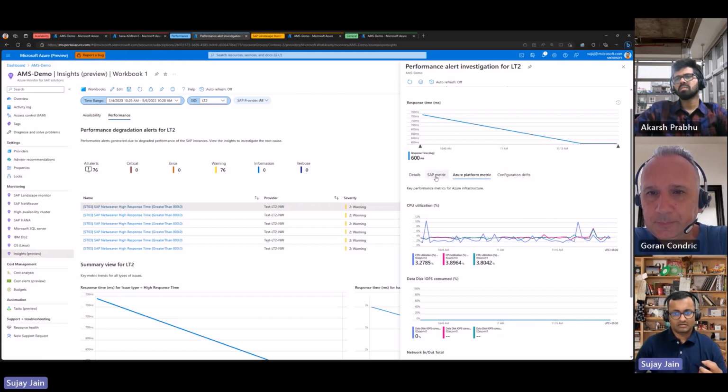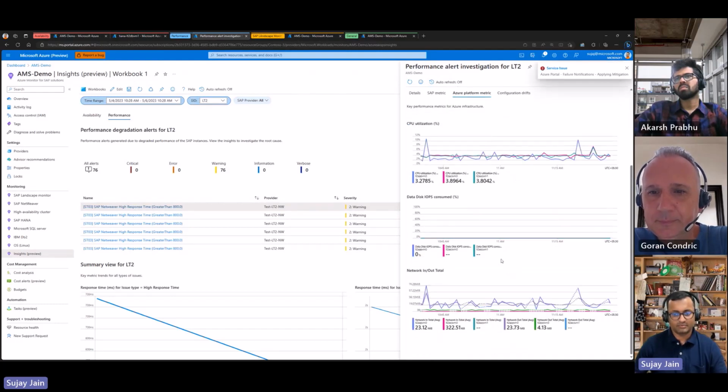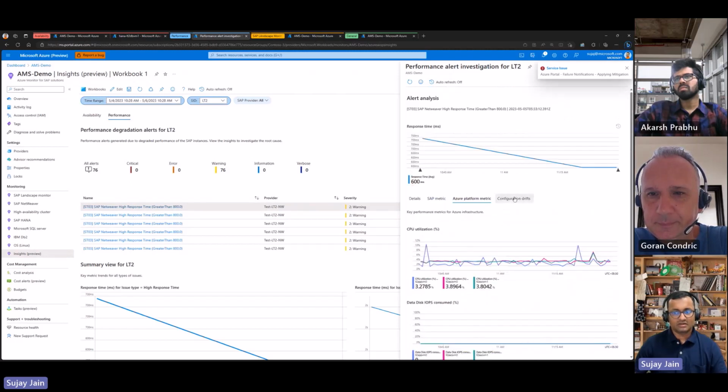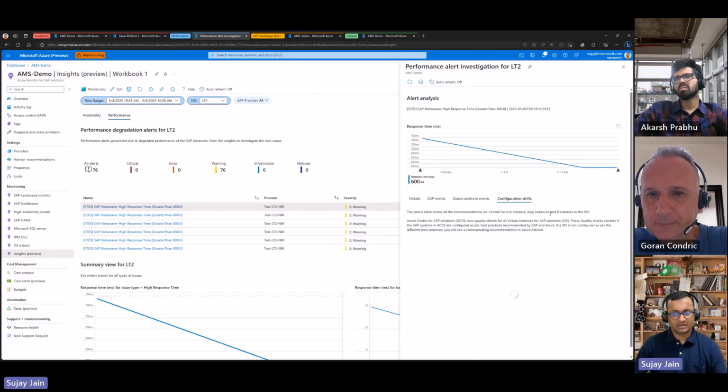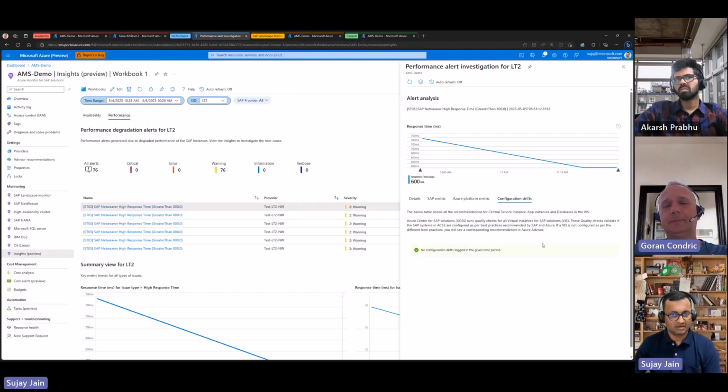So if we figure out that for this SAP system the network accelerator has not been turned on, or you are seeing some impact on the network side, you can go to configuration drift, and configuration drift will give you the recommendations that have been made for this SAP system, so that you can get recommendations right here in this experience and then fix those. Super. That can be the potential solution for these performance issues.